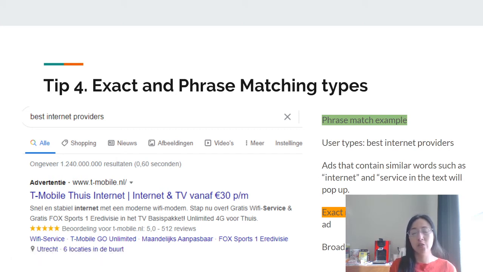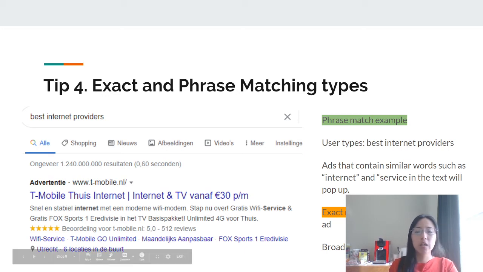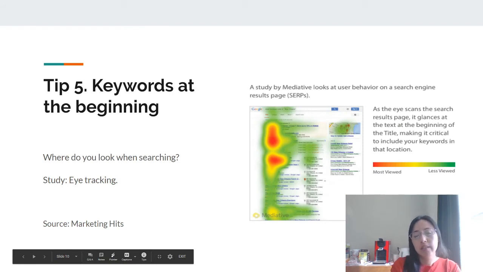Wasting budget, and it should not have to be like that. So it's about maximizing conversions and minimizing costs as well. So this is my advice. Now the tip number 5.